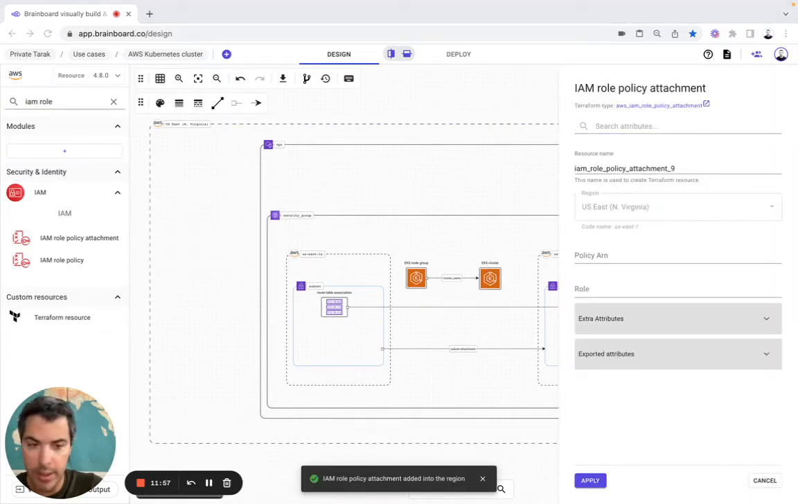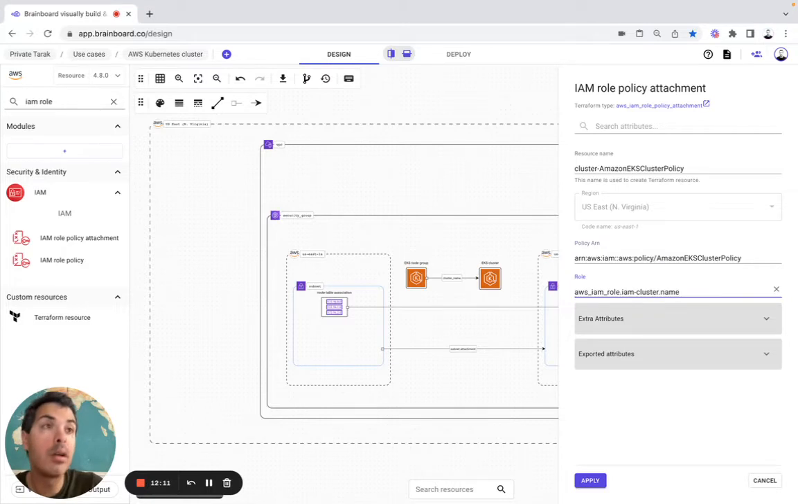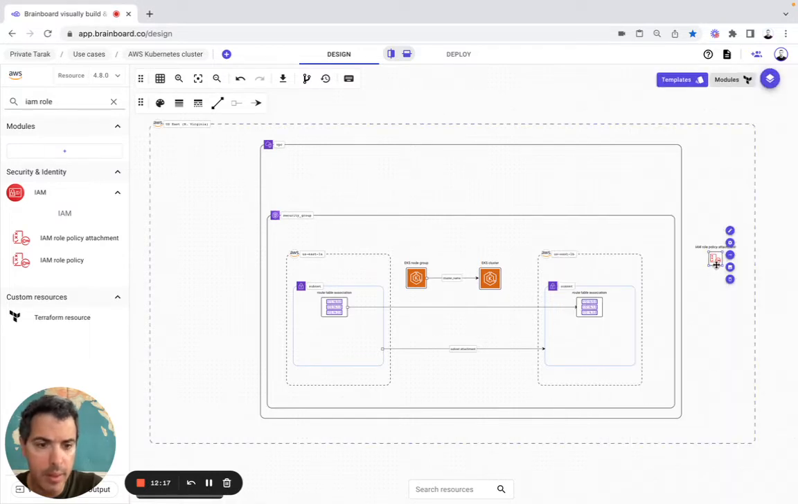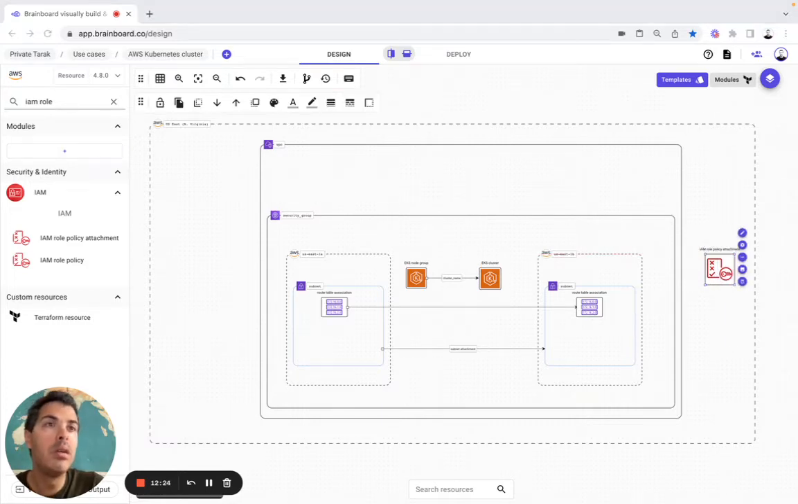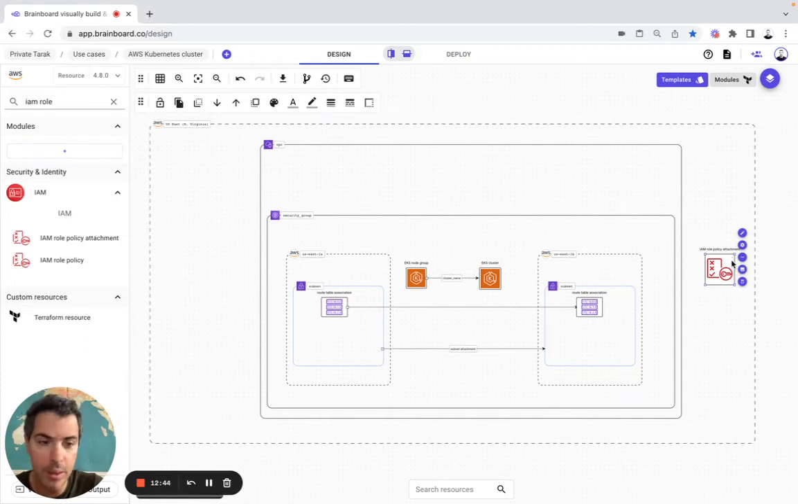So now this one, policy ARN is going to be this, role is here. Here we're good. We need to make it bigger if we want to. Then it's going to be, so here depends on, so yeah, I need to create 2. So here I will create another one. It's going to be IAM role policy attachment. So it's going to be this one. So I simply need to,